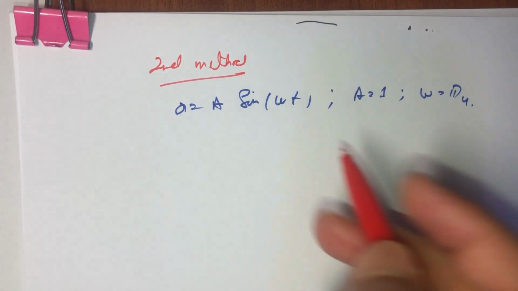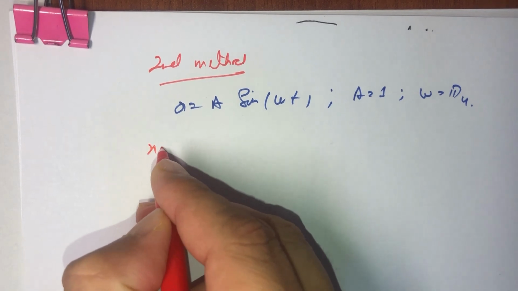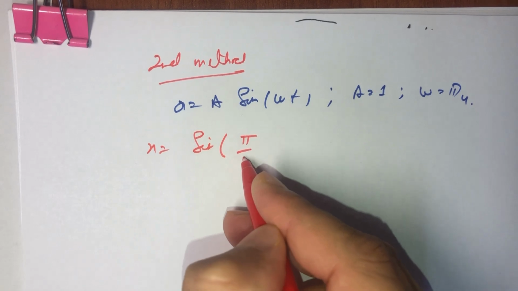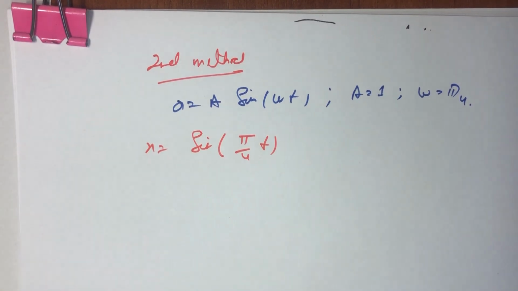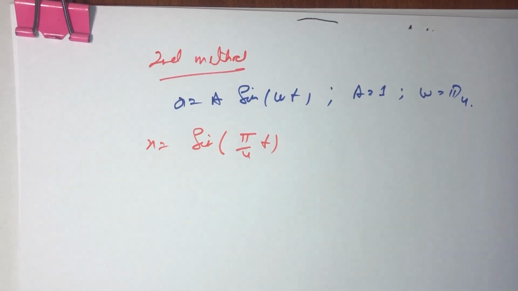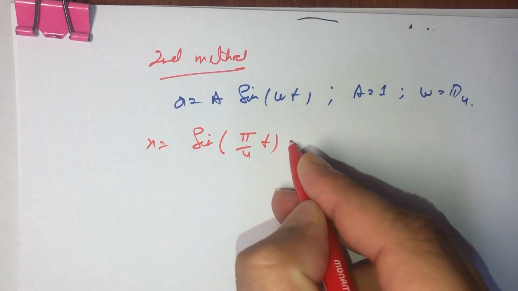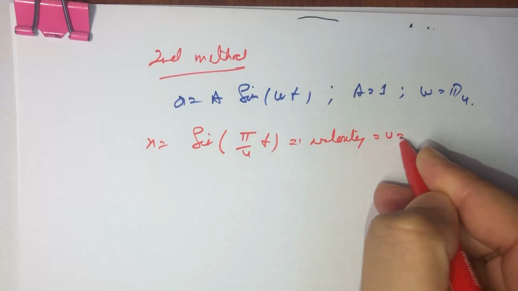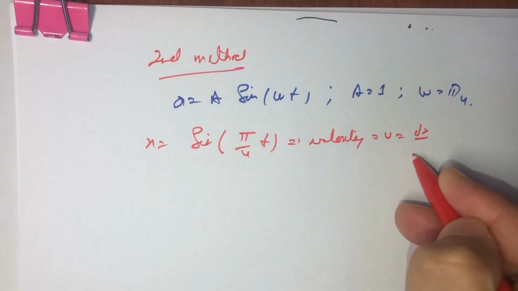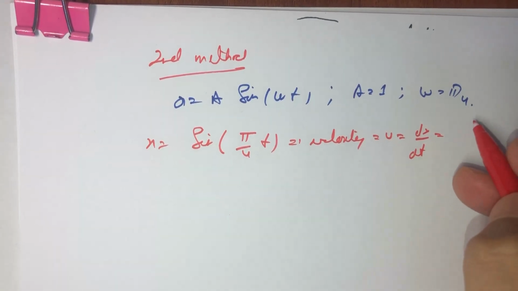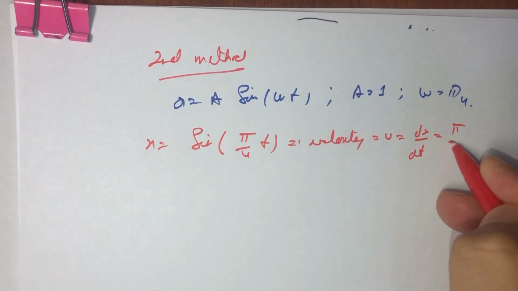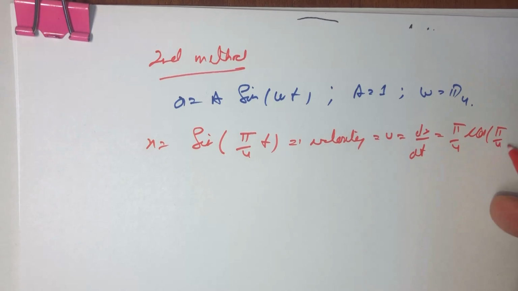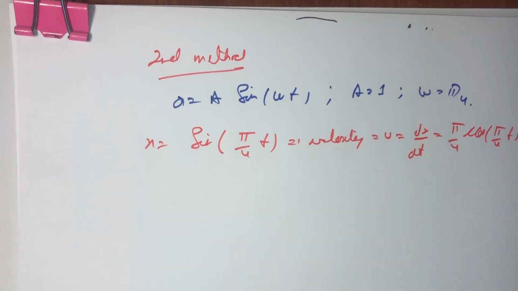Substituting, we get x is equal to sine of pi by 4 t. So from here we can write that velocity v is equal to dx by dt, and this gives us pi by 4 cos of pi by 4 t,